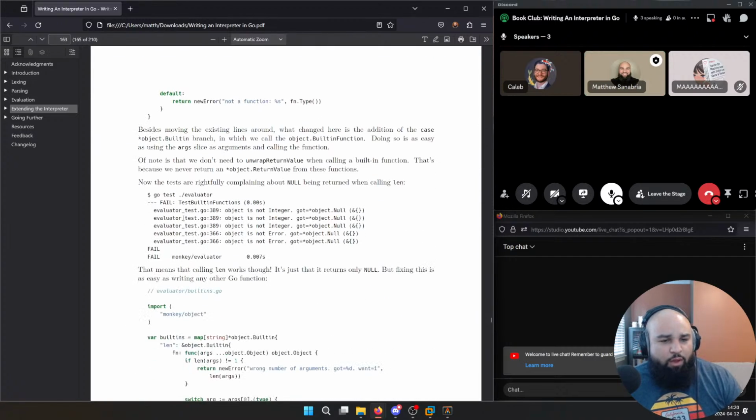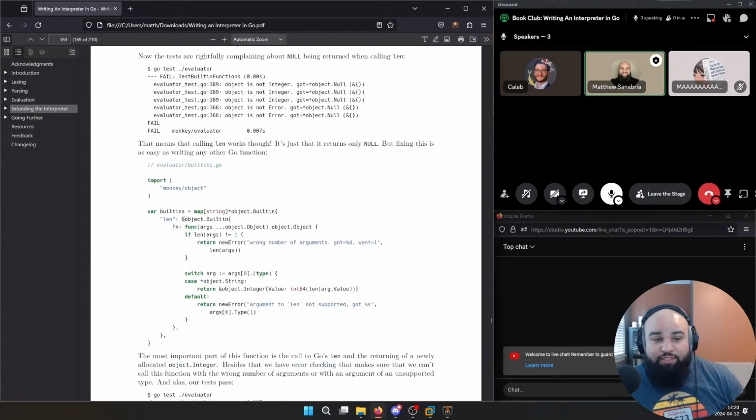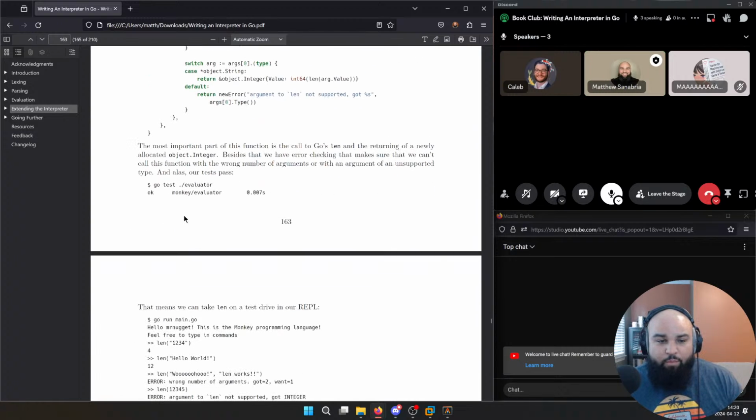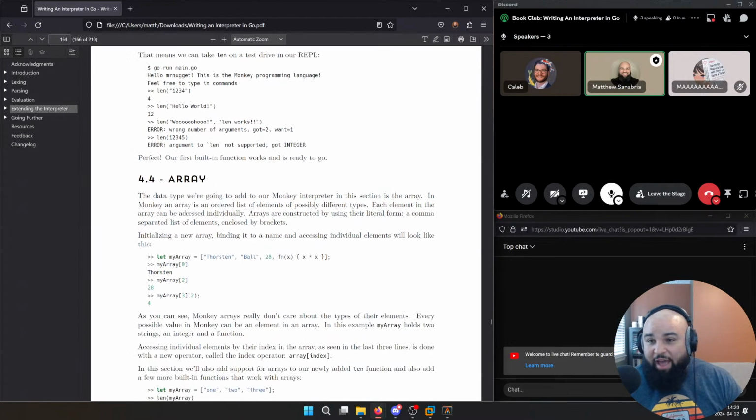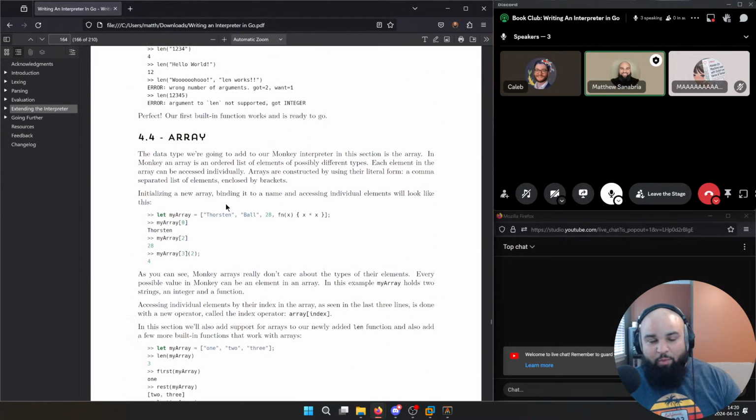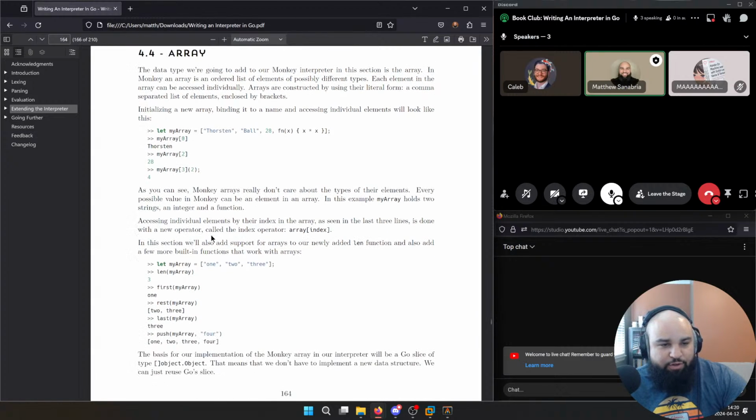Sweet. And then from here, it's just rinse and repeat until we get to the end. Now that we have strings working and our first built-in added to the language, we can start adding other types. These are a little bit more complex types like arrays and hash maps. Under the hood, the array is going to be using a Go slice, which is like a dynamic list or dynamic array in Go. It's going to be using that under the hood, which is nice. And we'll be able to do indexing on the array to get the 0th element or whatever. So that's kind of nice.